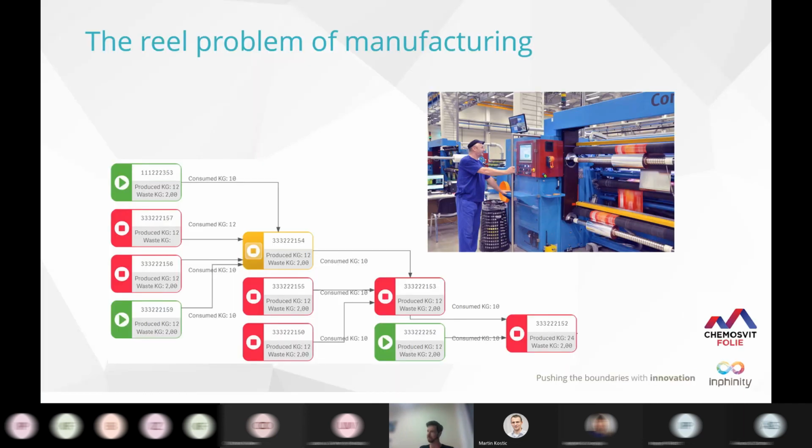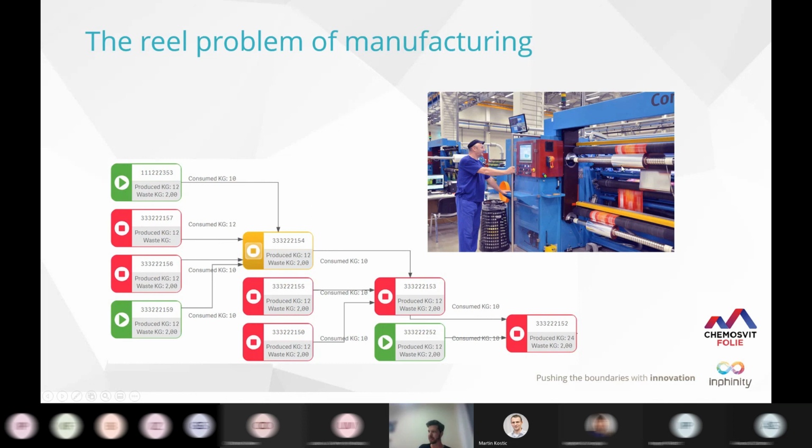This is a use case developed by our partner's customer, Hemosvit. Hemosvit is a Czechoslovak company producing packages for food. Those are plastic packages, and this is a huge company which is automating. It has existed for decades already, and it's improving its automation step by step. And as they improve their automation, they also need to improve their understanding of the data and of what's happening there.